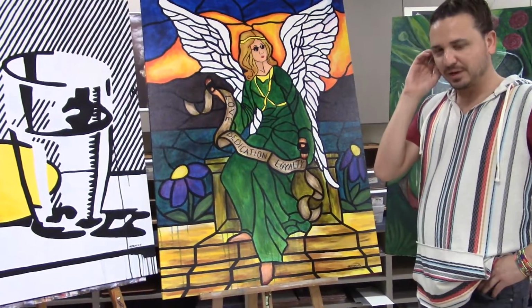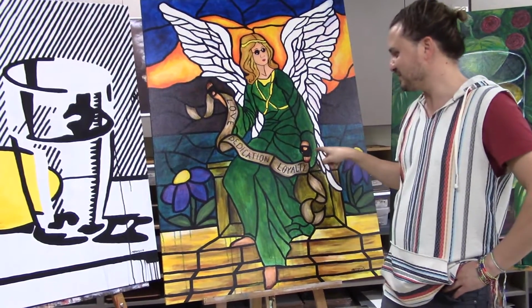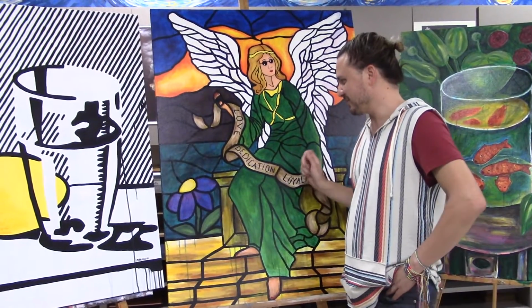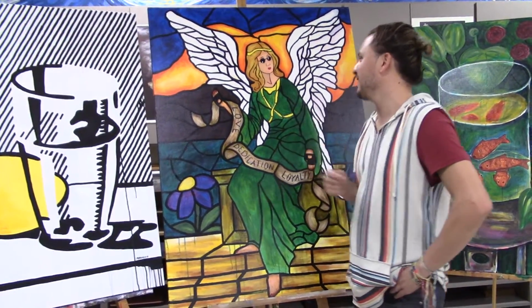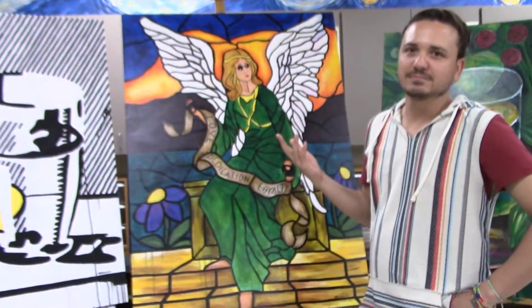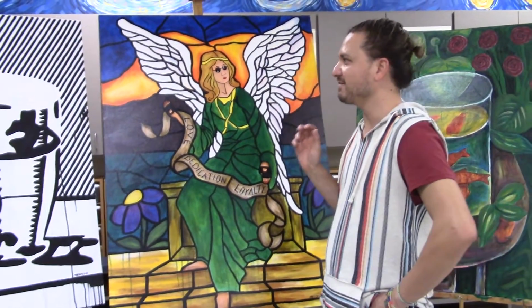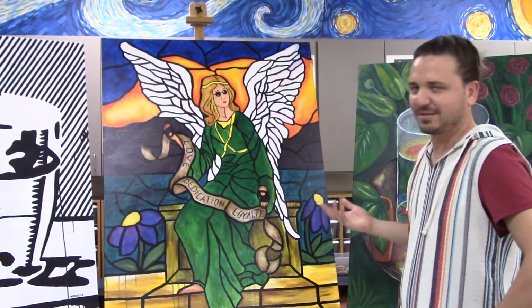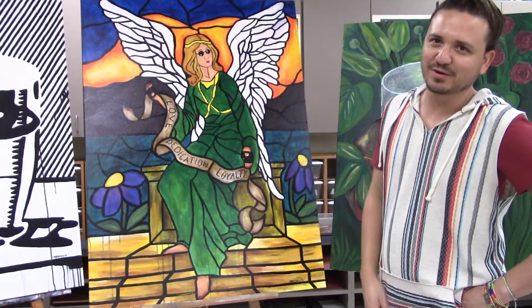But I thought that was boring, you know, so I gave her some sunglasses, and I gave her some motorcycle gloves, yeah. And she has her toenails and her fingernails painted red. And her lips. Just the whole idea of making it like a stained glass from a church seemed dull to me. I needed to add something that was me, because this is not me. I don't paint these types of things, so I had to add something to make it more